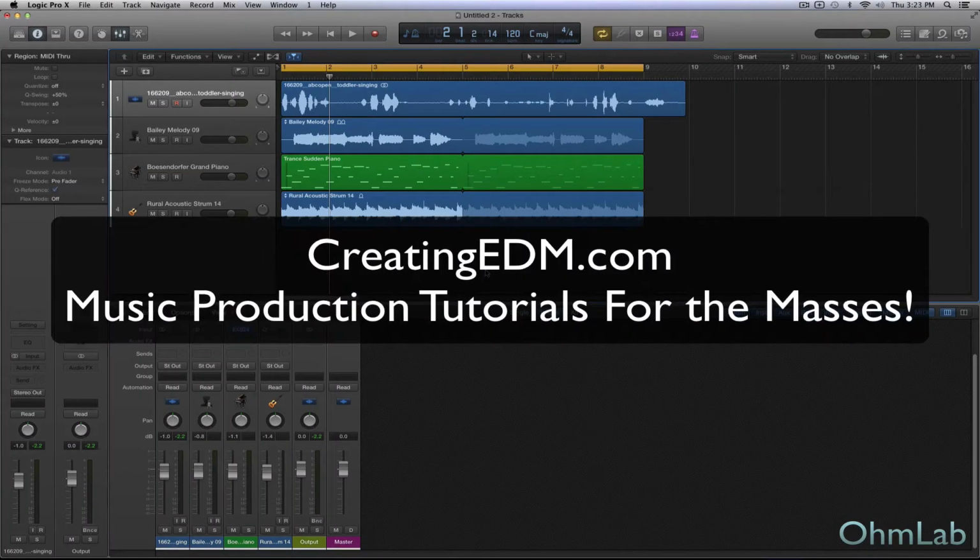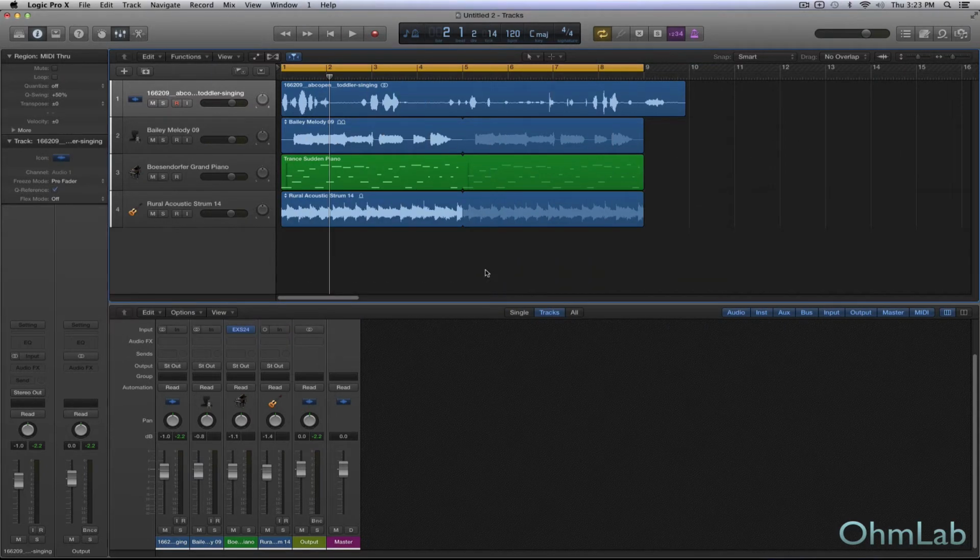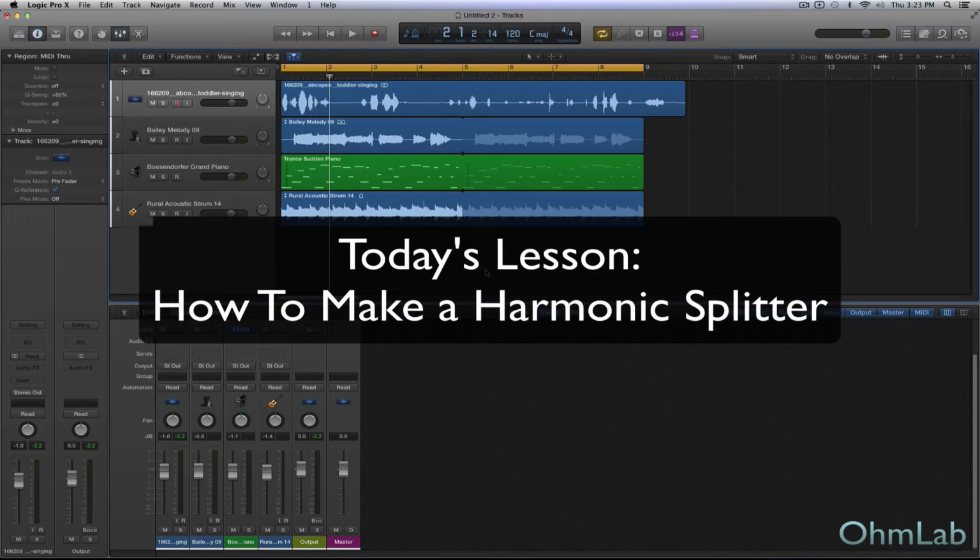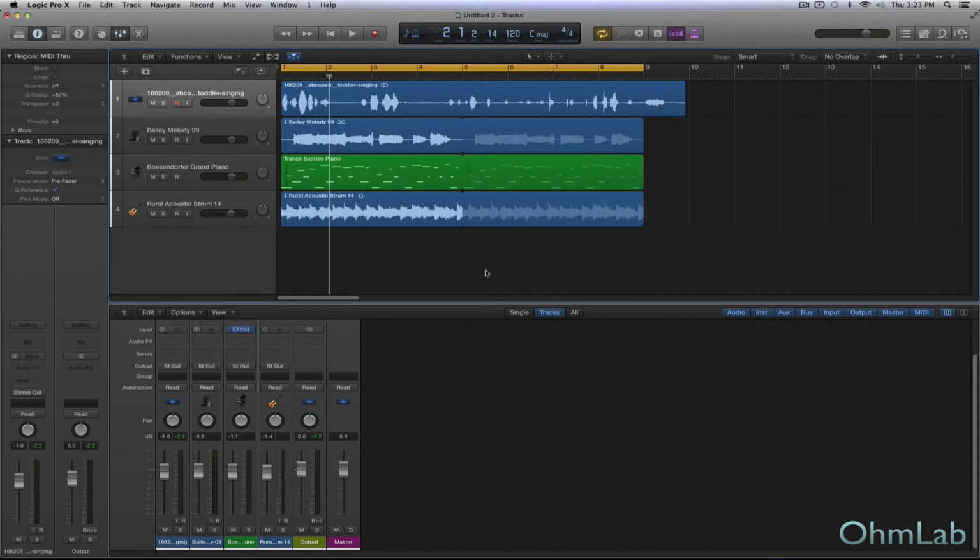Today we're going to be talking about how to build your own custom harmonic splitters or pitch splitters or whatever you might call them in your particular circle of friends. When it comes to music production and audio production, there tends to be a lot of different names and labels for things as we develop them. And maybe, perhaps, over time, we all agree on one name for this. But until that day, we all kind of use our own nomenclature, if you will. All right, so